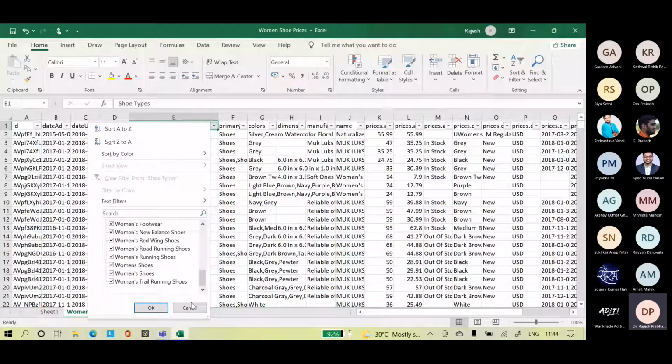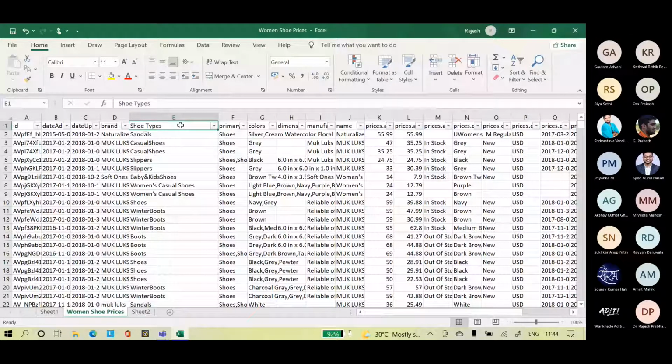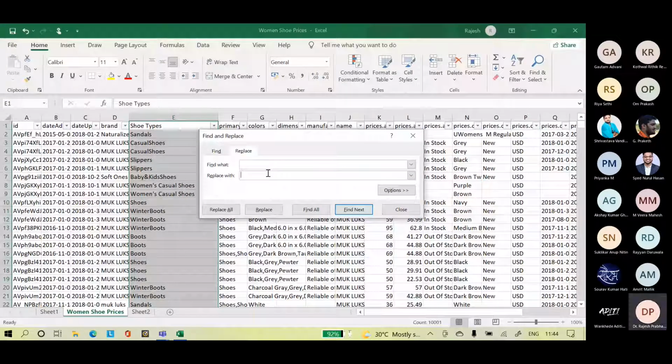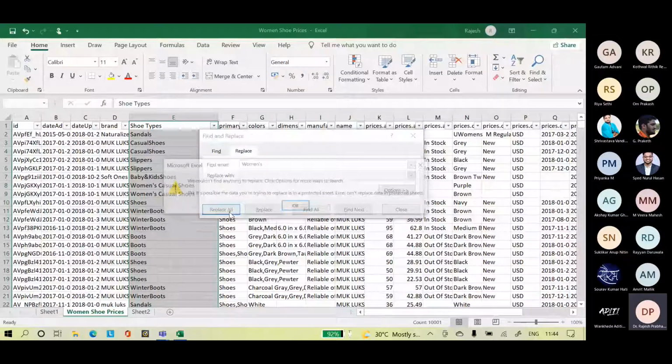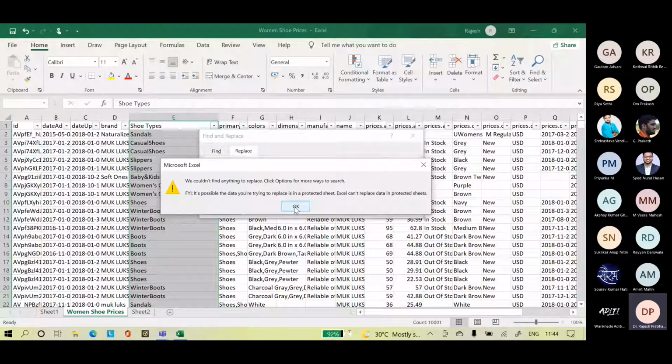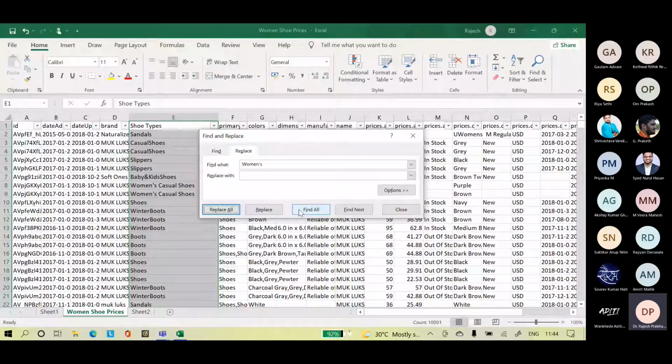Okay, again I'll select this column, then go to replace, women's with replace all. Oh, you can't find anything to replace.